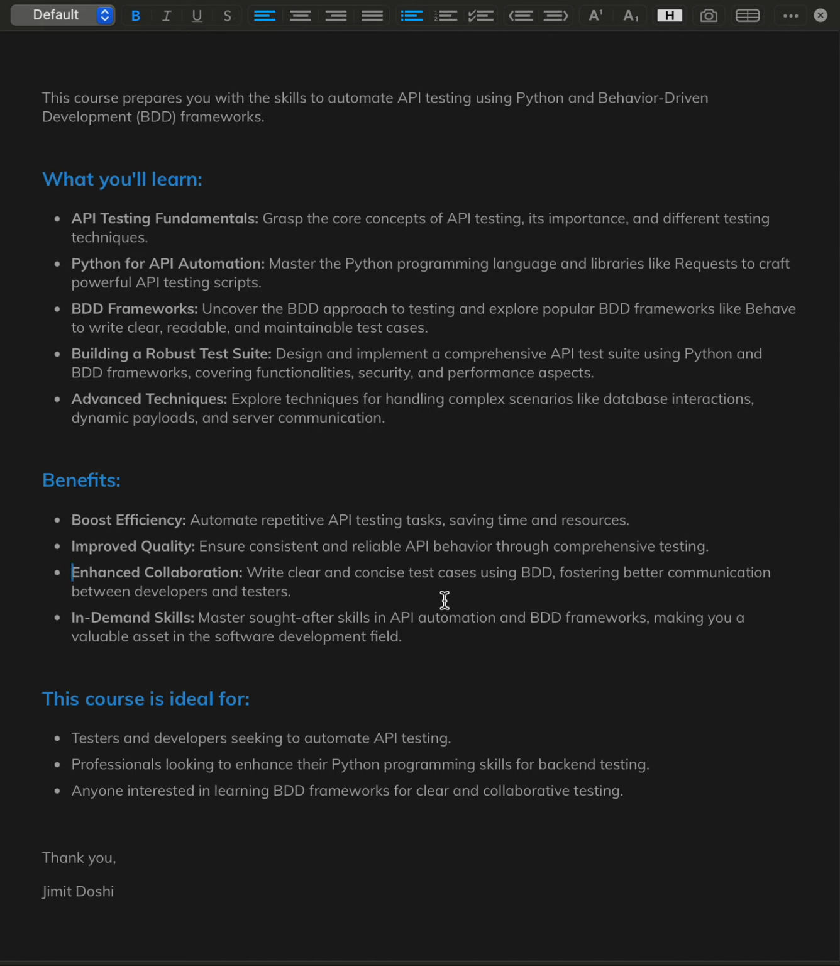Second, you will learn about Python for API automation. You can master the Python programming language and libraries like requests to craft powerful API testing scripts. Third, you will learn about BDD frameworks. You can uncover the BDD approach to testing and explore popular BDD frameworks like Behave to write clear, readable, and